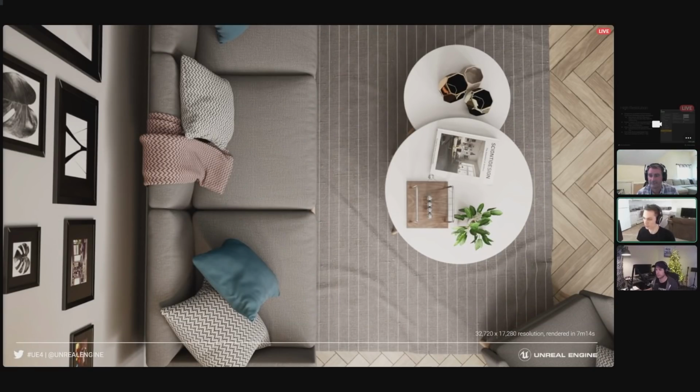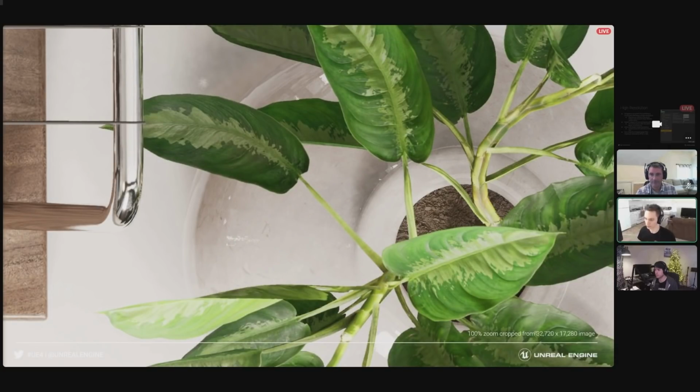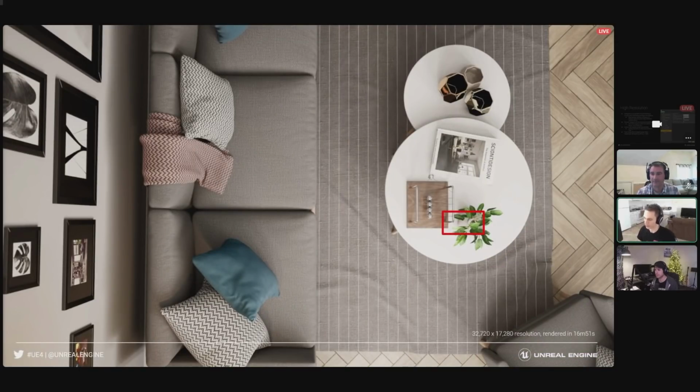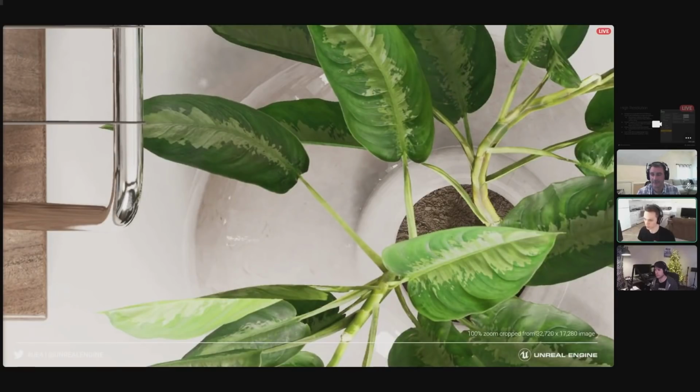So this here is an example of an image that we rendered at 32,000 by 17,000 pixels. This took only 7 minutes to render, which is pretty good for a 32,000 pixel wide image. And we can actually go and do a zoom in here. So this is the full image that we rendered. And if we wanted to do a 100% crop of that image, this is what that looks like. So we've gone from this whole big image here, and just this one section of it still has this nice high quality.